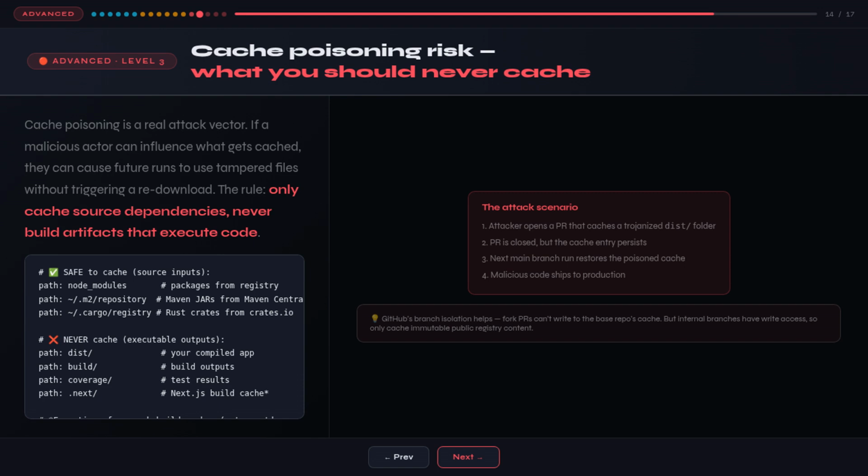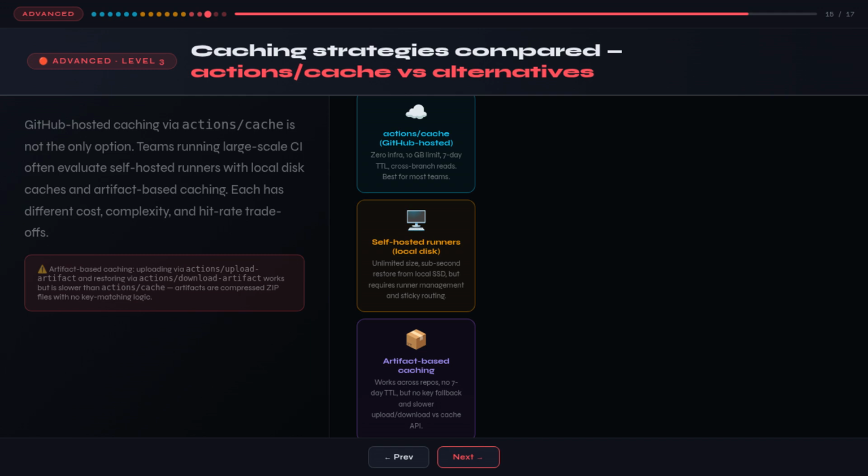GitHub's branch isolation partially mitigates this. Fork PRs cannot write to your cache, but internal branches can. The defense is simple: never include output directories in your cache path. Cache inputs, not outputs. GitHub hosted caching via actions/cache is the right choice for the vast majority of teams, but